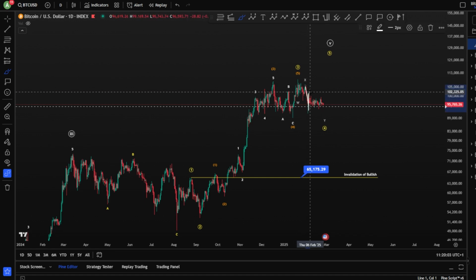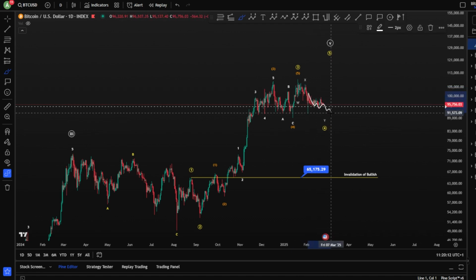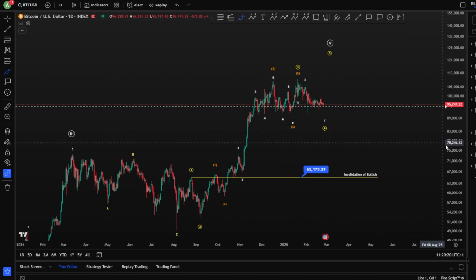However, your wave Y looks unfinished yet, in case it is a regular flat or a running flat, as we call it. It still has to finish 5 waves toward the downside somehow to finish this as a regular flat, or probably as a triangle, which needs a little bit more time in sideways. And then moving toward the upside for a wave 5 is very, very possible.